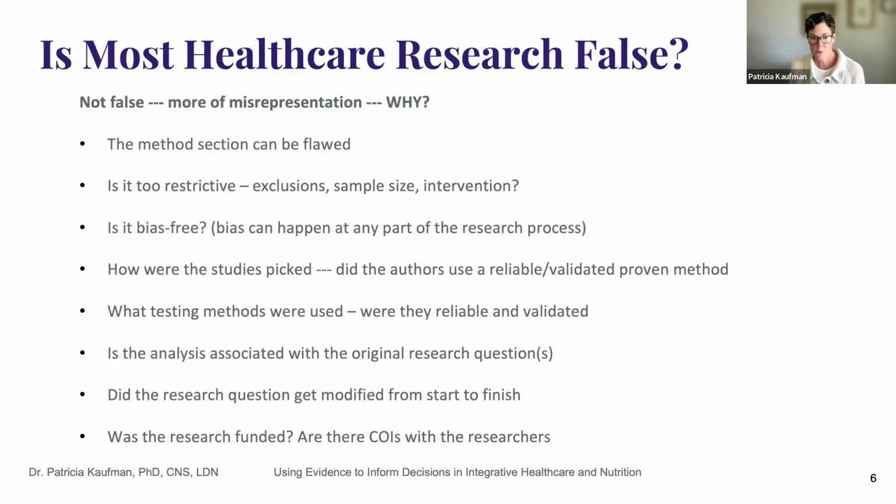A lot of times individuals I work with will say, well, the sample size is small, so the study is not valid. But in randomized control trials, the sample size tends to be small because it can be very expensive to have a larger sample size. So it's not uncommon to have a sample size of n equals 30. The intervention, what does the intervention look like? Is it realistic? And is it in humans or is it in mice? And is it bias-free? The different types of research can help us remain more bias-free. So we'll look at that. And then